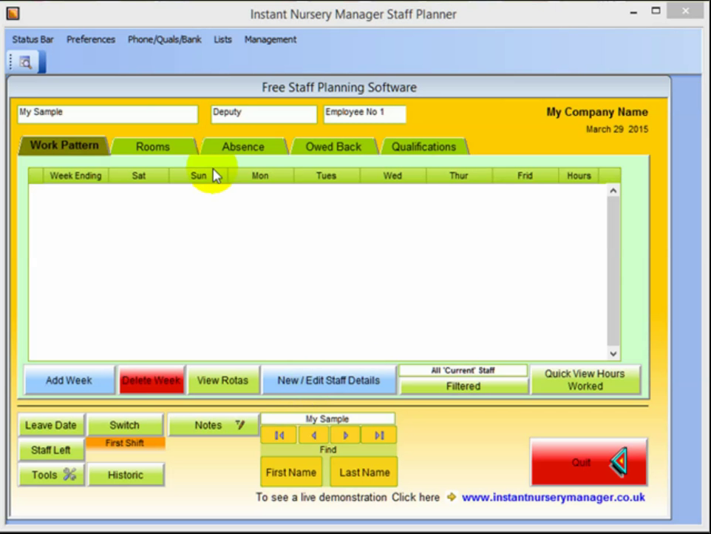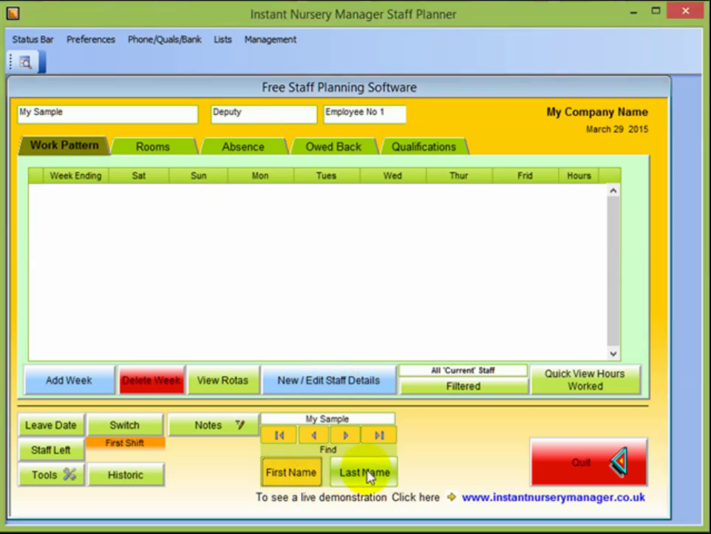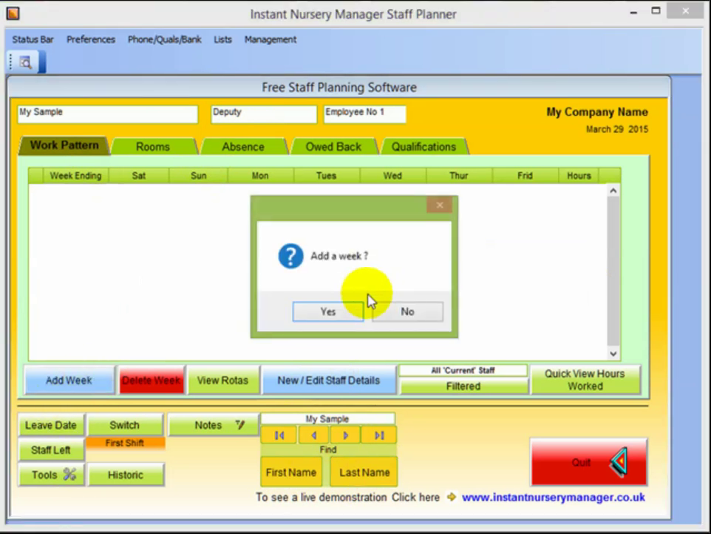Having populated the system with your staff names and details, you can always find a member of staff by clicking here to find by first name, or clicking here to find by last name, or use the arrows here to flick between the staff one at a time. Your next job then is to add their shift patterns. So we'll click here, add a week,